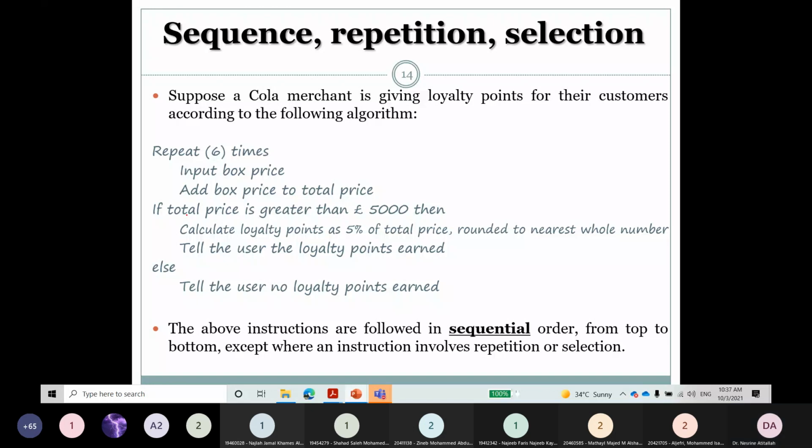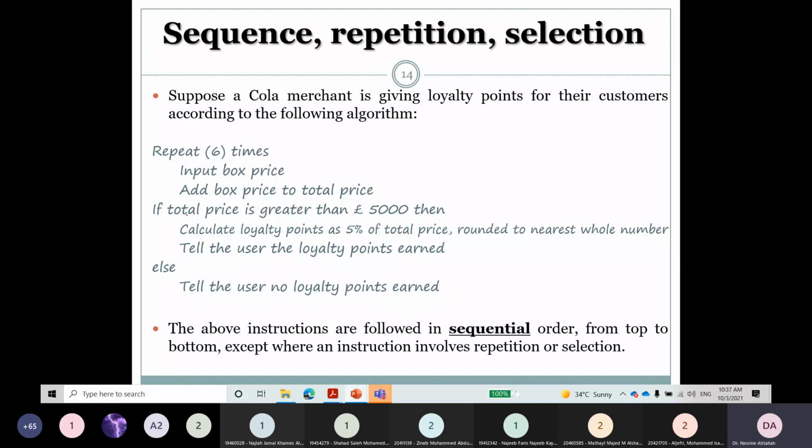Clear. So if total price is greater than 5,000 pounds, then calculate the loyalty points as 5% of the total price, rounded to the nearest whole number, and tell the user the loyalty points earned. Else, tell the user there are no loyalty points earned. So here we have some sequential steps: I will repeat, and after that I will calculate the loyalty points, from top to down,